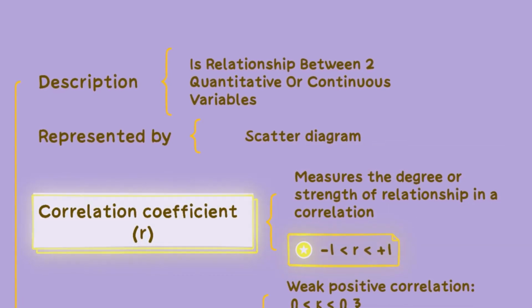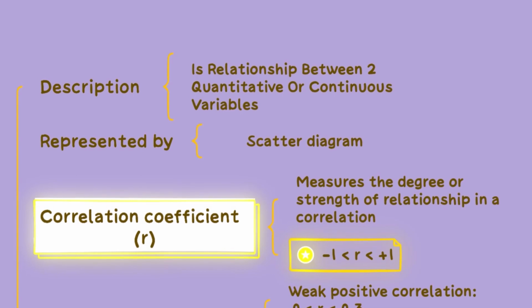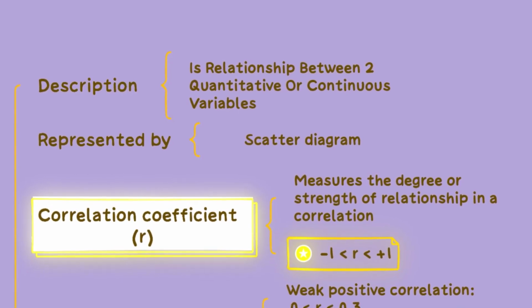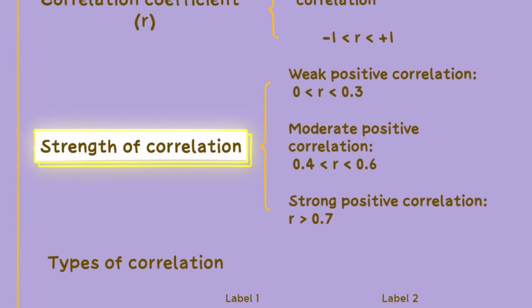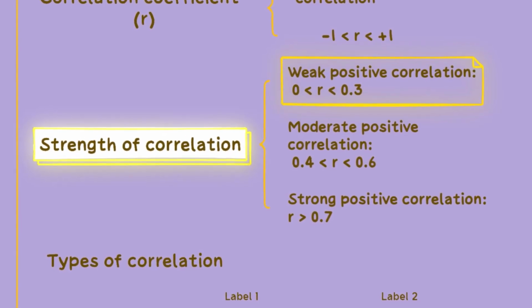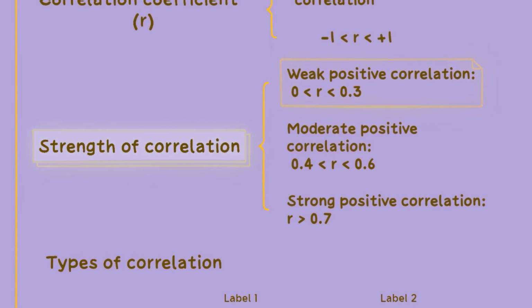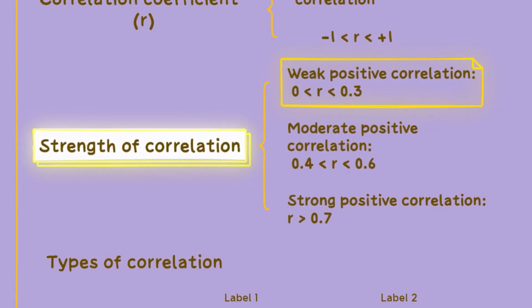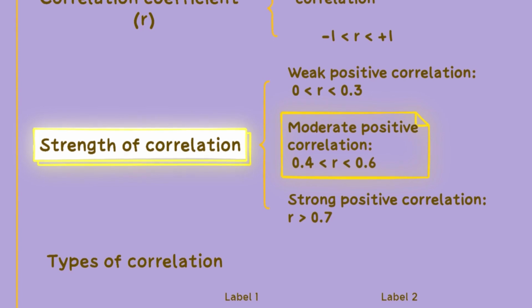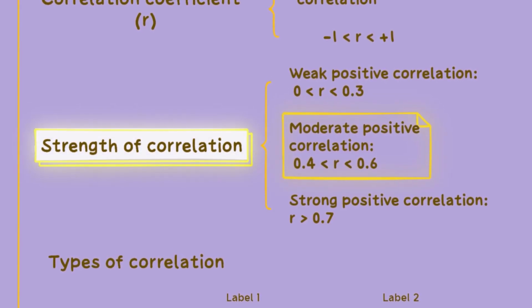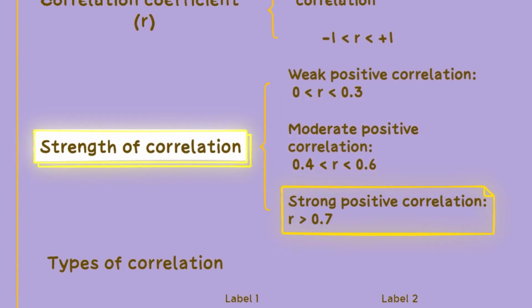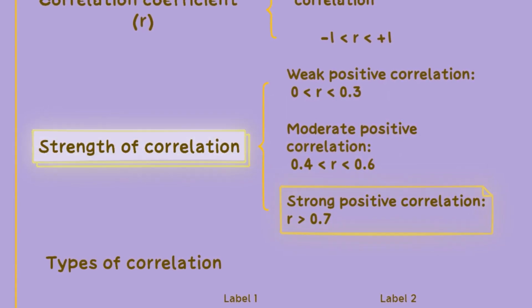The value of R ranges between -1 and +1. Different strengths of correlation are identified based on the value of R. A weak positive correlation exists when 0 is less than R is less than 0.3. A moderate positive correlation when 0.4 is less than R is less than 0.6, and a strong positive correlation when R is